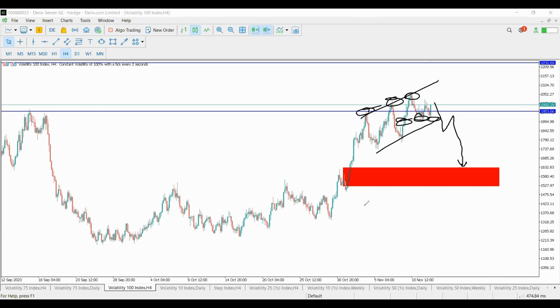Though when the market has changed trend to start buying or to start selling, I don't advise you go against the trend. So it's better you wait for the price to come down here, then we can start looking for buying opportunities. Now, the mistake that again most people will make is when price immediately comes into this level here, we shall start looking for buys. Do not do that. It's what I'm speaking about today. Stop just taking trades because it has touched into your area. You're not the market maker, or you're not the one who changes direction of prices that you know exactly it's going to turn from here, right?